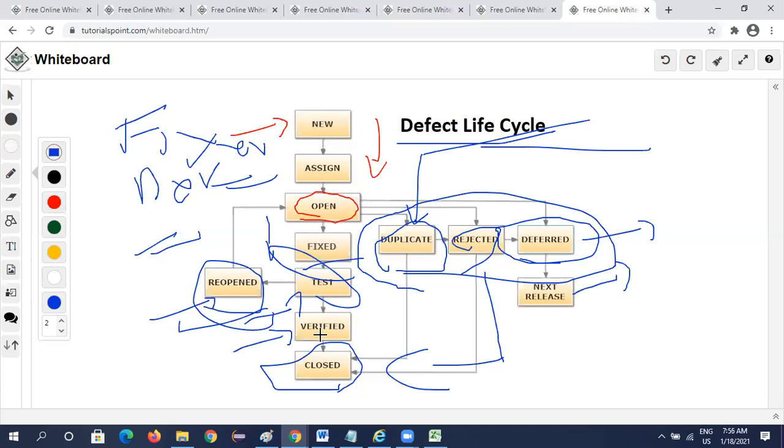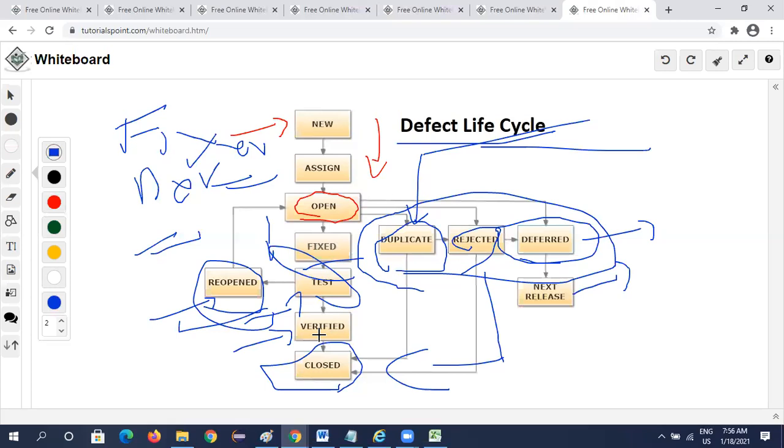When will he put it in progress after opening? After open, when the developer is working on the defect, he will keep it in progress. Whenever you want to verify whether the defect is fixed or not, instead of going to the developer and asking, hey, Amar, have you worked on the defect? What is the status? Instead of asking like this, you can go to the tool, Jira or Rally, wherever the defect is, and verify the status of the defect. If the status is still open, the developer did not start the work on it. If it is in progress, the developer is working on it. Once he's done, he will inform us.